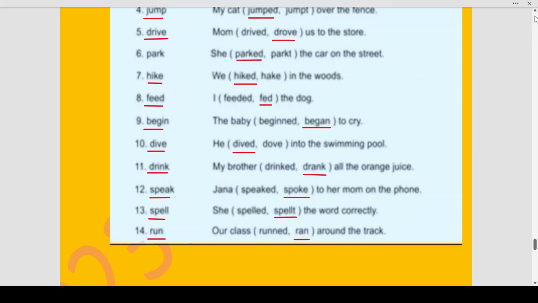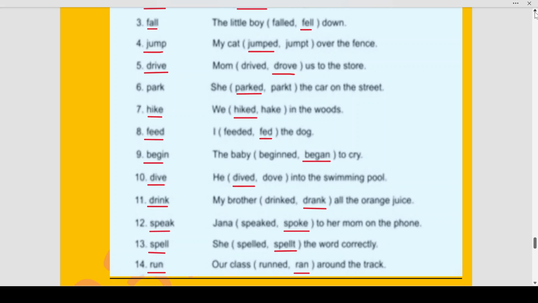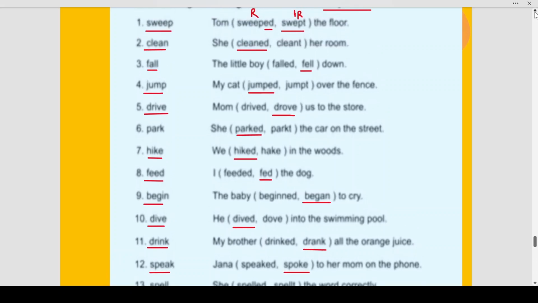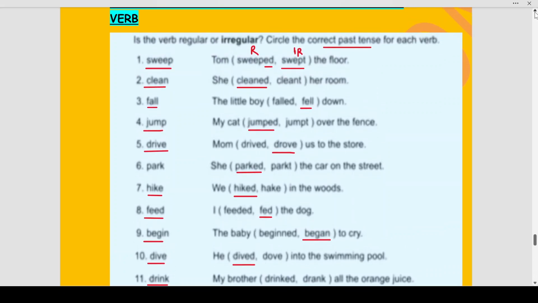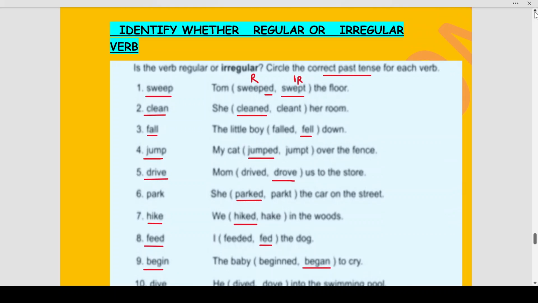Now, students, you will ask me how do we become efficient at memorizing these irregular past forms? I will just give you a suggestion, students. Every day you need to read at least one page of any book. Your reading capability will increase your analysis of the sentence. The more you read, the more these past forms remain in your subconscious mind. So it is very important for you to read a page, minimum one page every day,